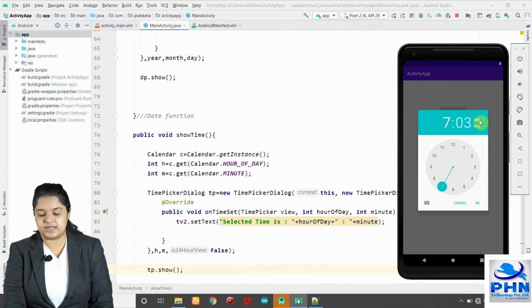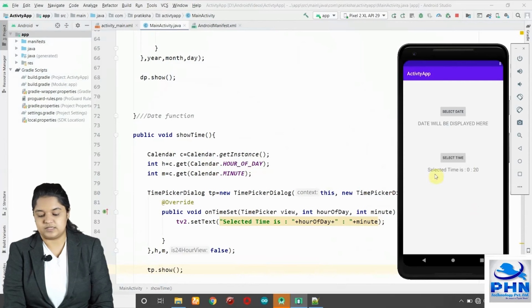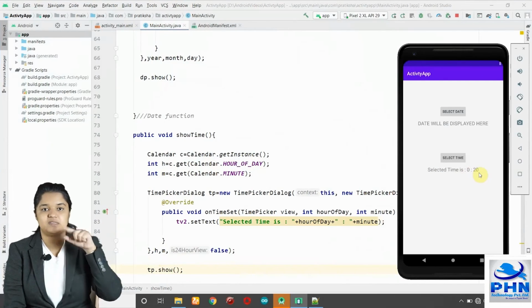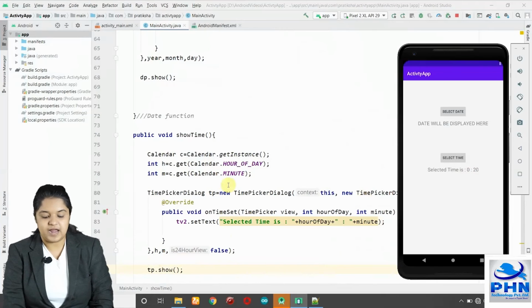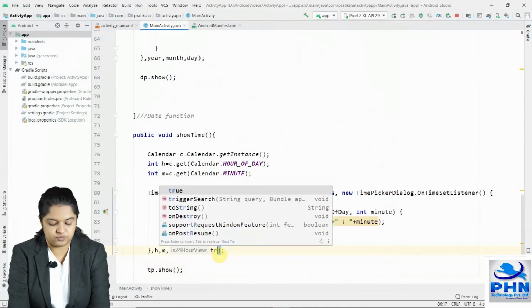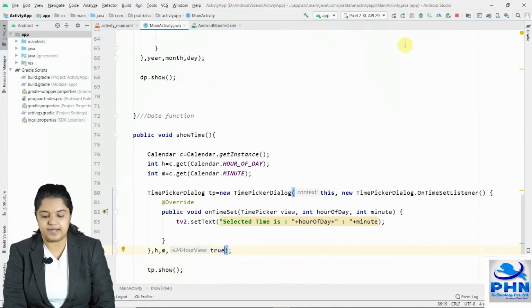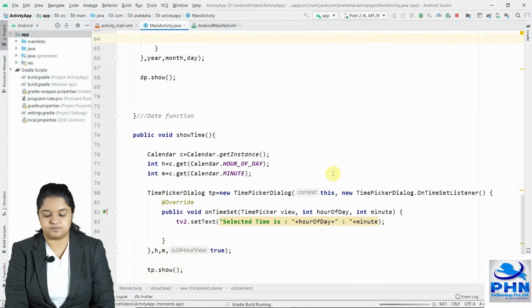So you can select AM, let's say 12:20 AM. Selected time is 0:20 because 12:20 AM is in the midnight. And if you make this 24-hour view true, and now let's run this program.